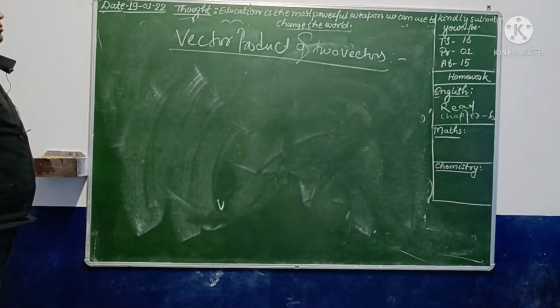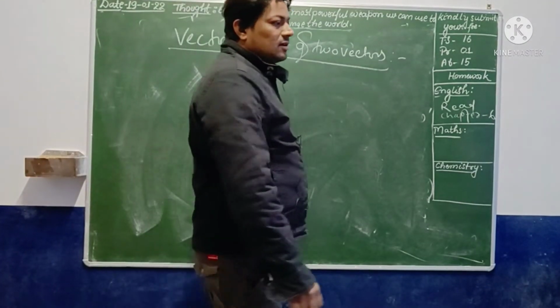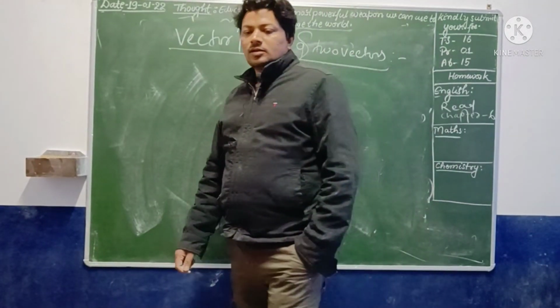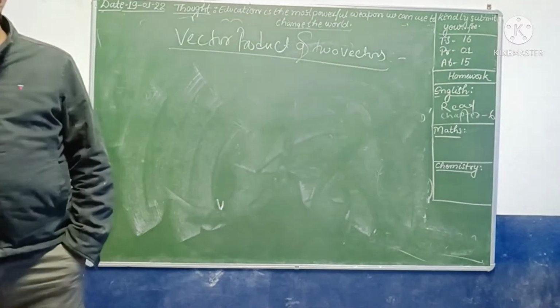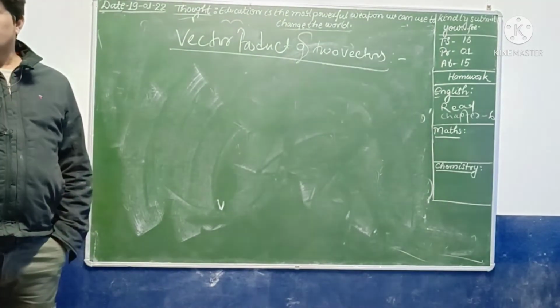Vector product of two vectors. Clear? When you talk about vector product of two vectors,